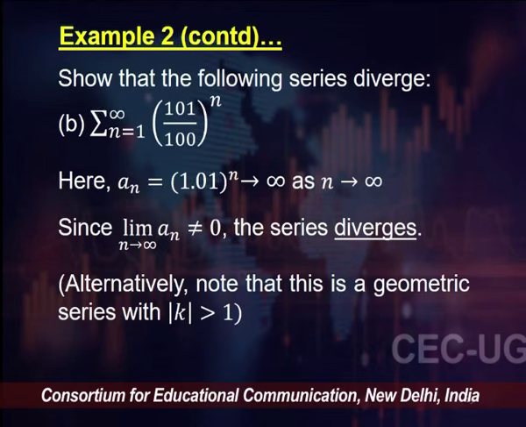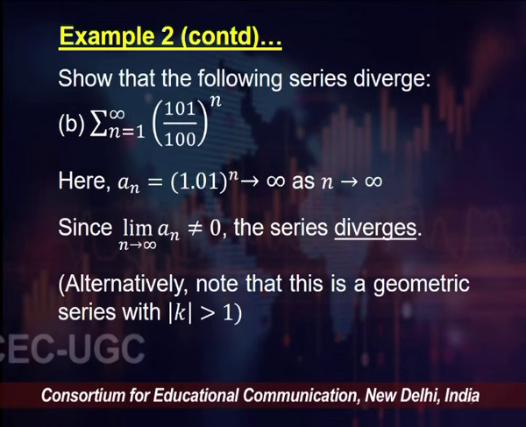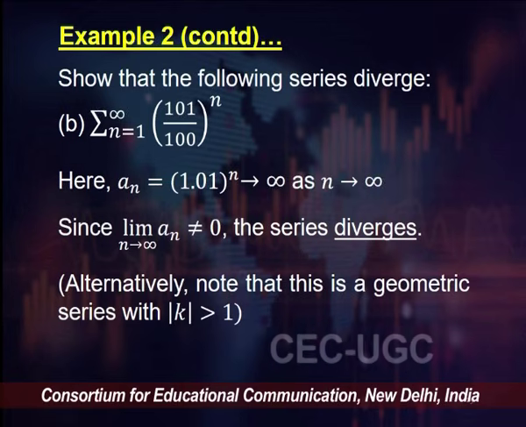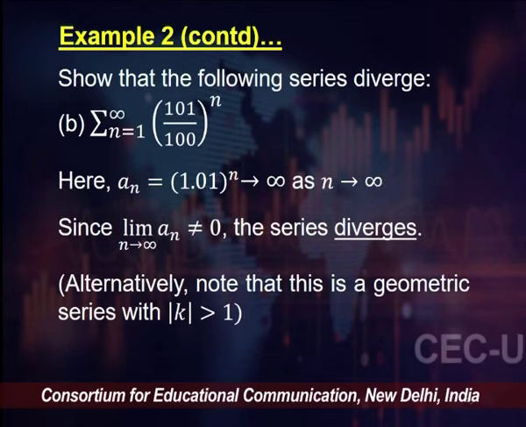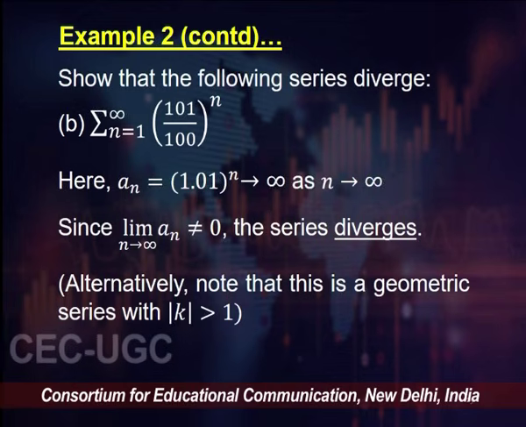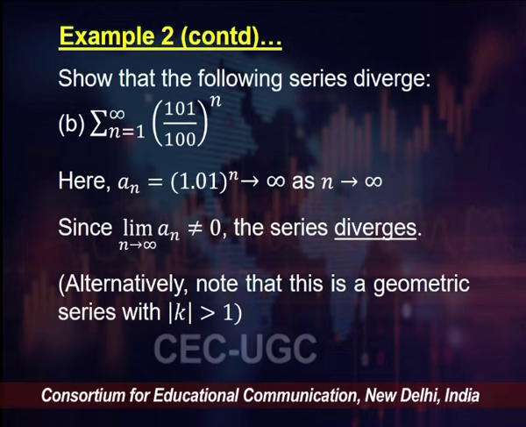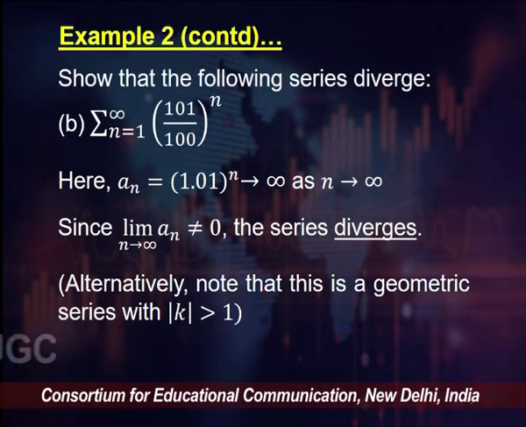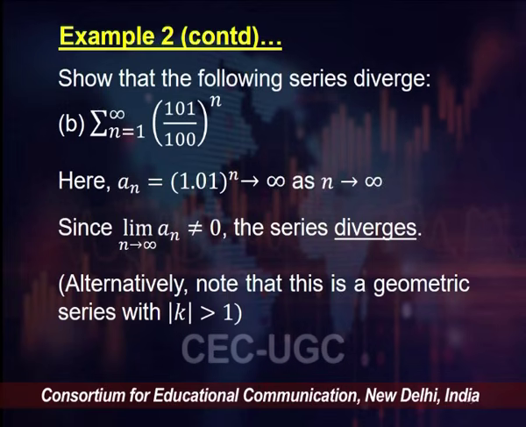In part B, we have the series summation 101 divided by 100 to the power n. Here the nth term is 1.01 to the power n, which clearly tends to infinity as n tends to infinity. So, because in the limit a sub n is non-zero, the series diverges. In fact, like I said, the general result applies to the infinite geometric series, but you can also use the